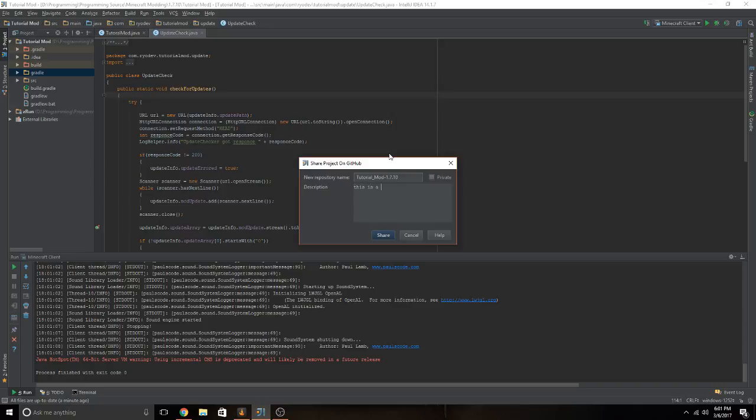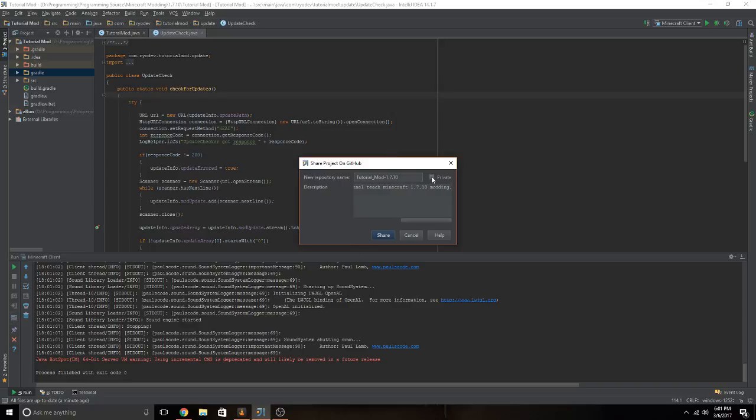This is a mod for my YouTube channel teaching Minecraft 1.7.10